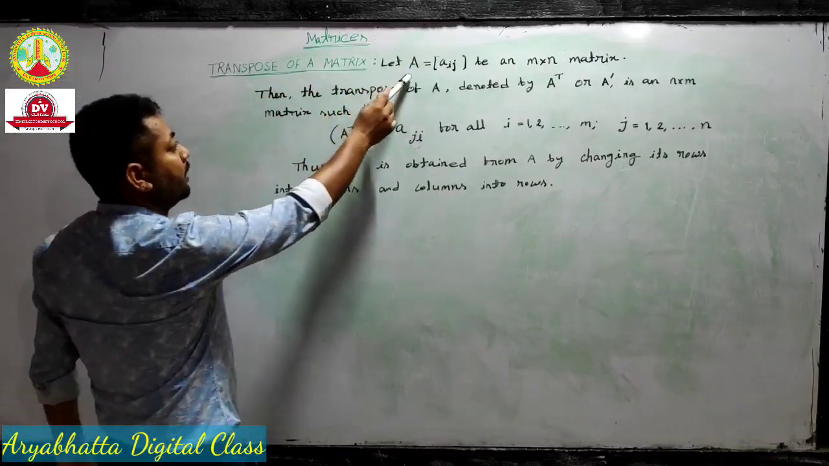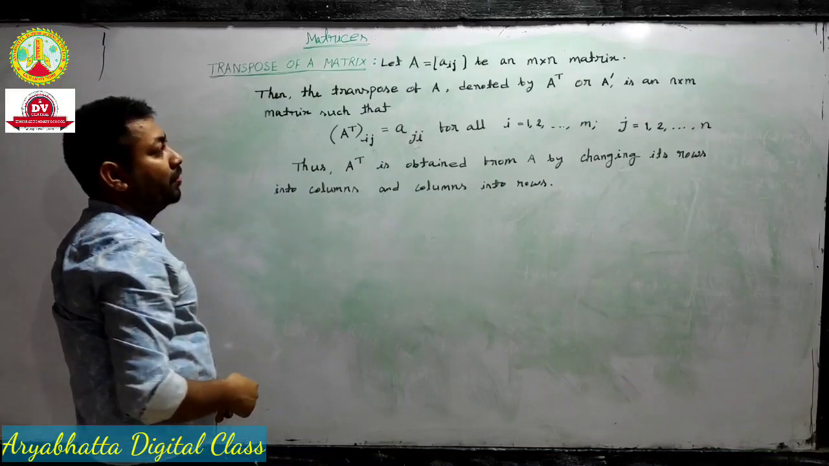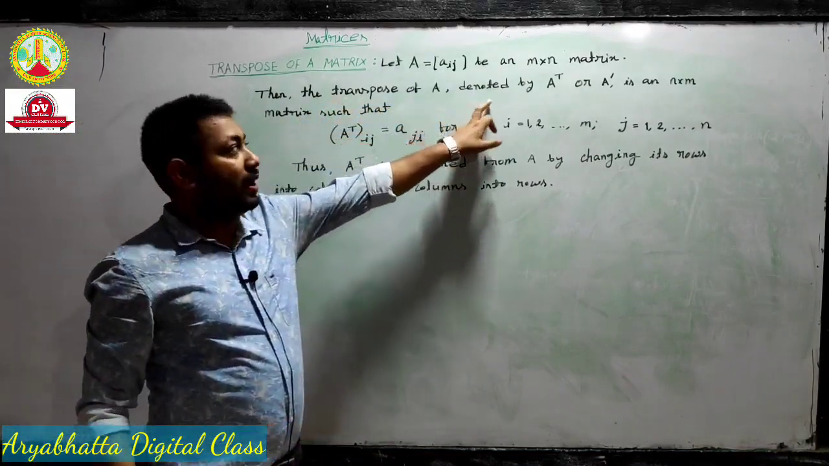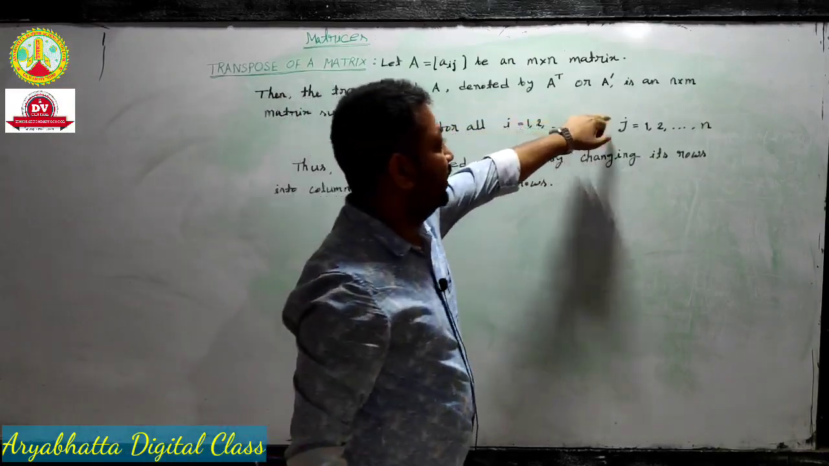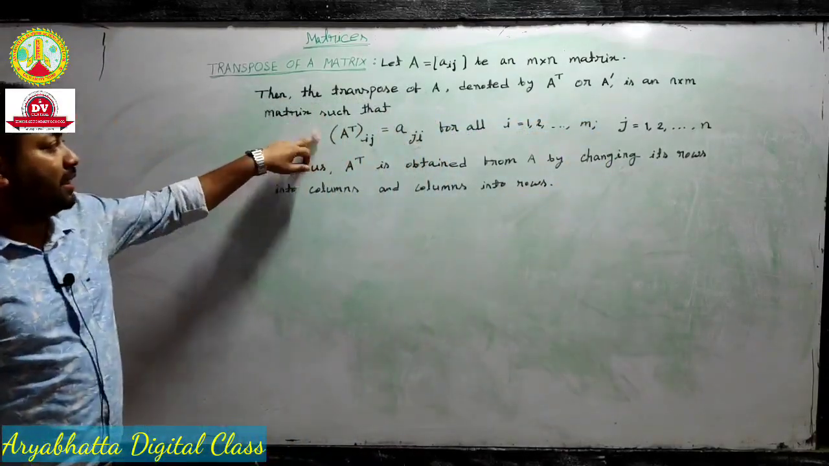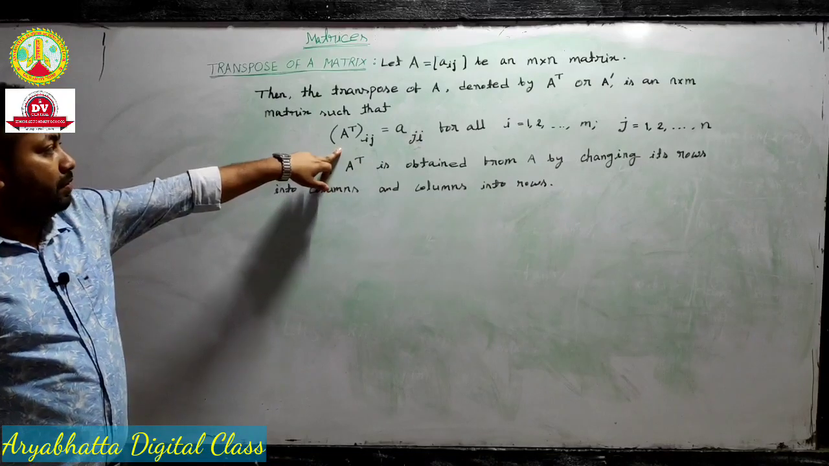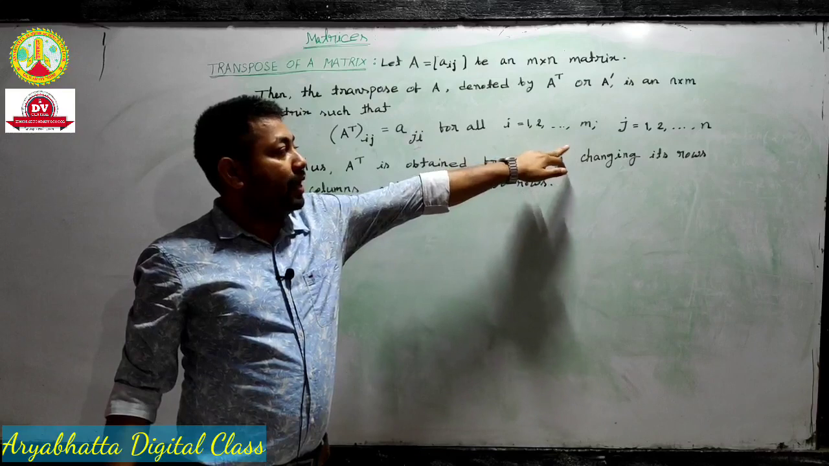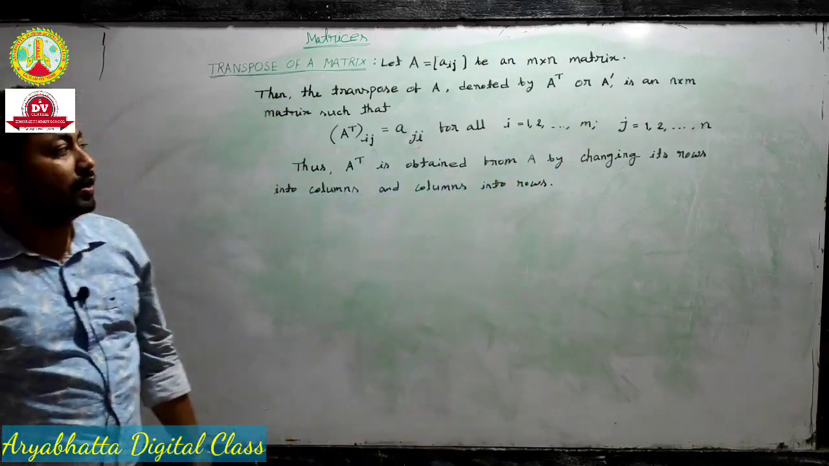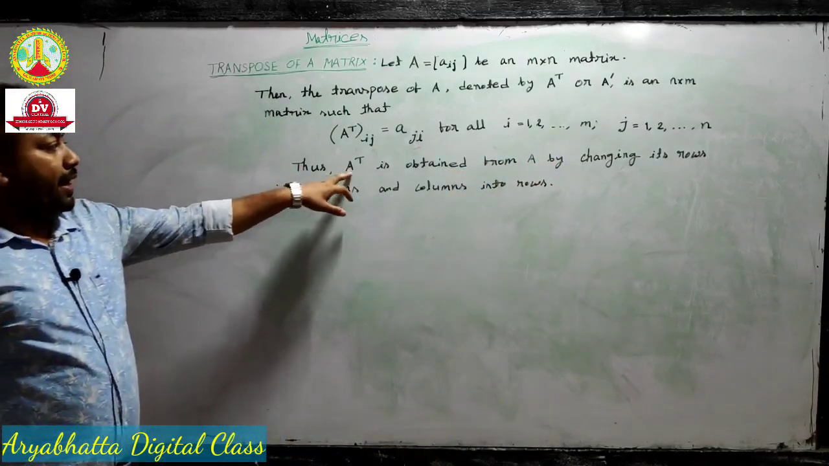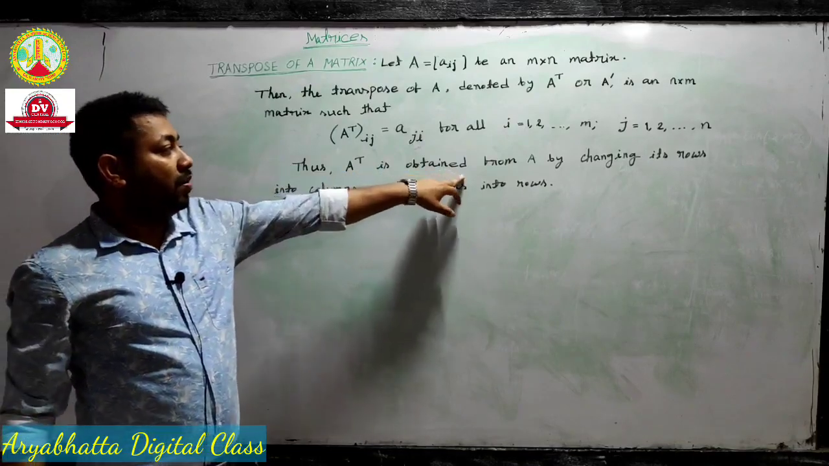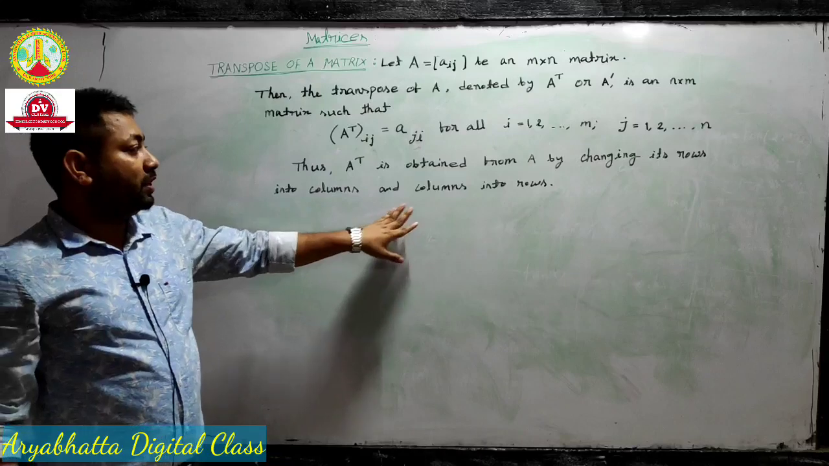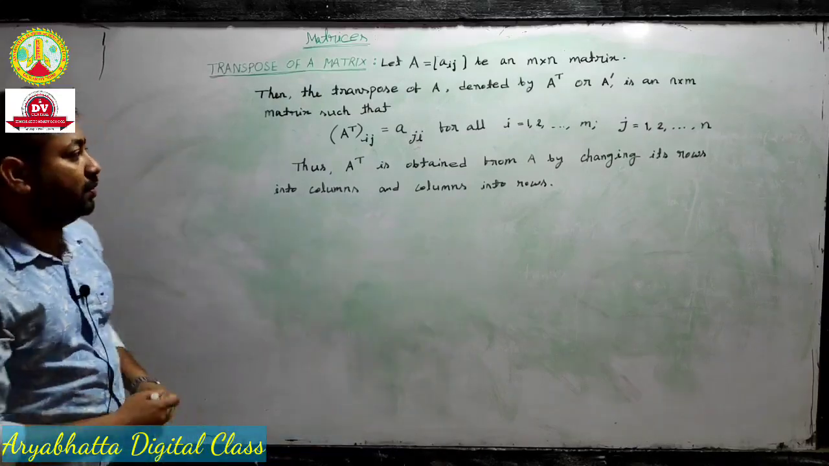Let A be a matrix of order m by n, then the transpose of A is denoted by A to the power t or A dash, an n by m matrix, such that this holds for all i equal to 1, 2, dot, m and j equal to 1, 2, dot, n. Thus, A to the power t is obtained from A by changing its rows into columns and columns into rows. For example,